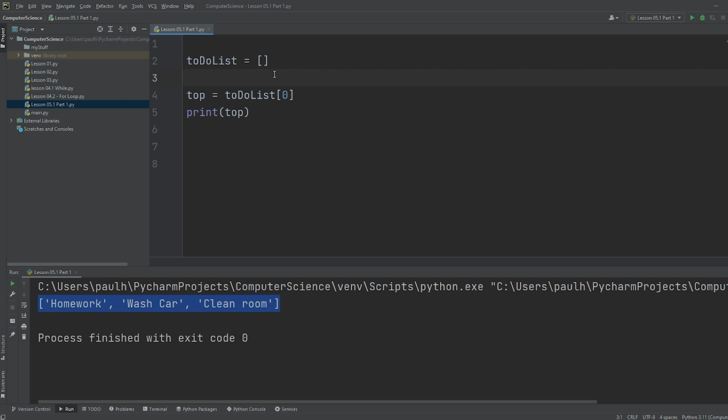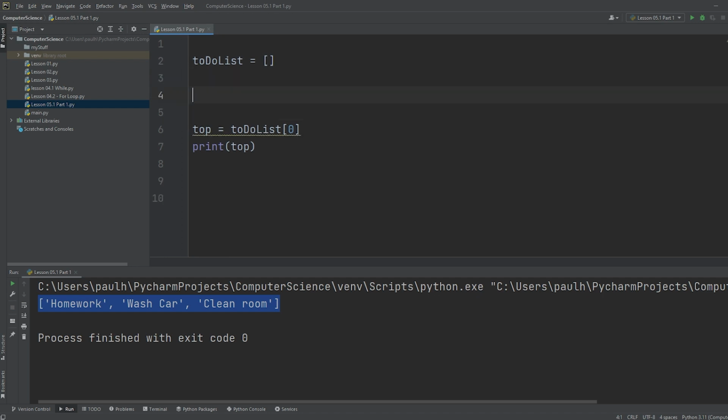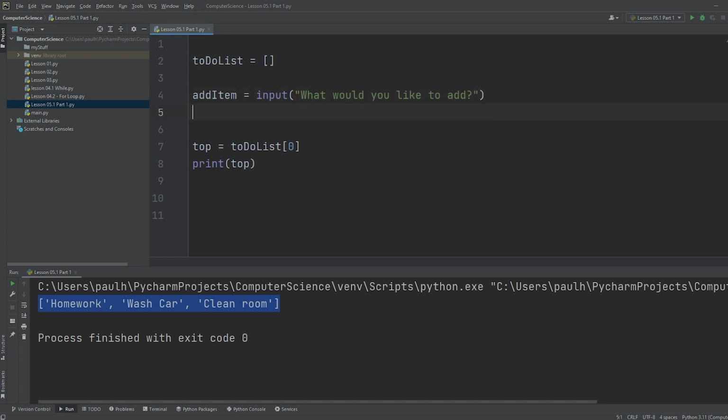So we can use this function called append. Now, if you don't know what a function is yet, don't worry. You're going to learn about them later on. But let's say this. We're going to say add item equals input, what would you like to add? Question mark. So they're going to add something, and then we say to-do list